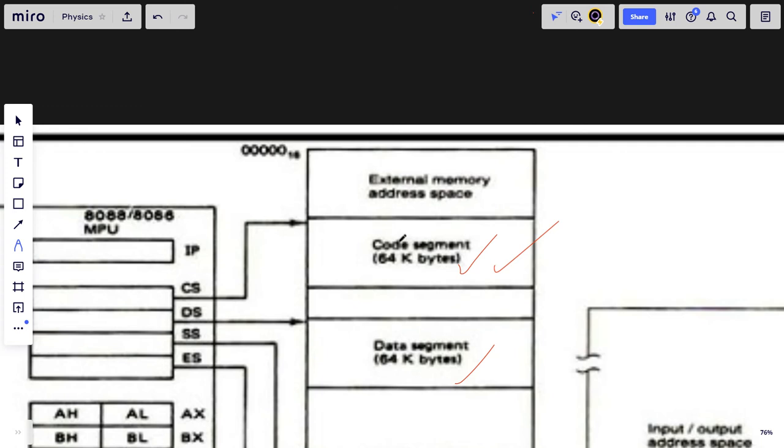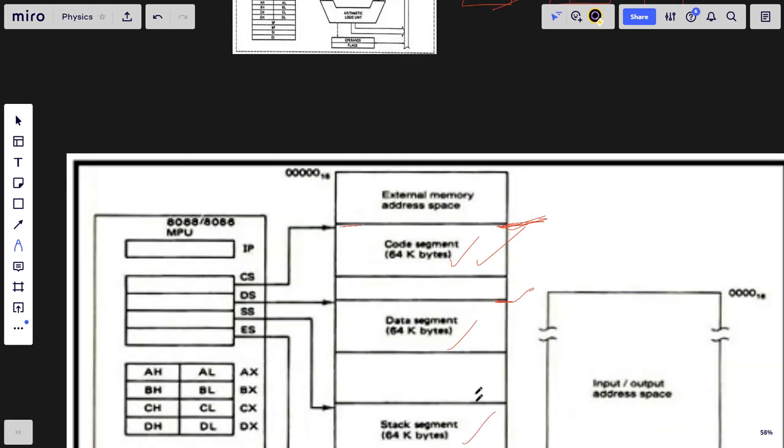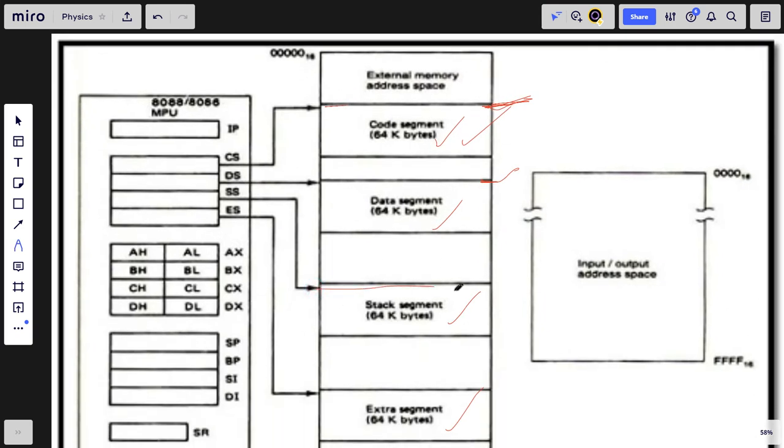Now what is a base address? This is the fun part. The base address is basically this straight line you see. The base address indicates that we have to go to the code segment. Now this straight line, or this base address, indicates that we have to go to the data segment. This straight line, or this SS stack register, indicates that we have to go to the stack segment. This straight line indicates that we have to go to the extra segment, pointed to by the ES or extra segment